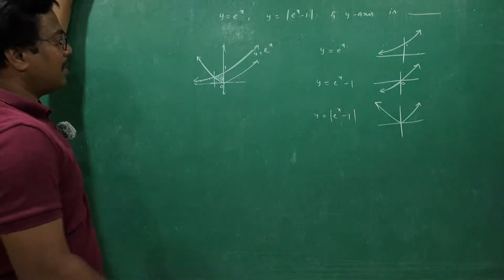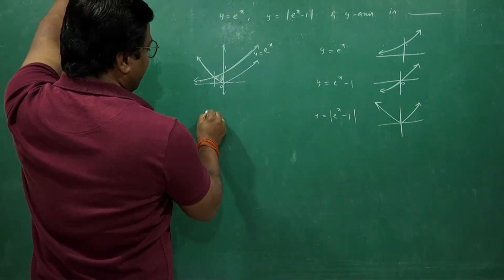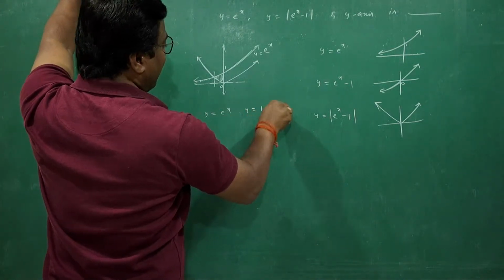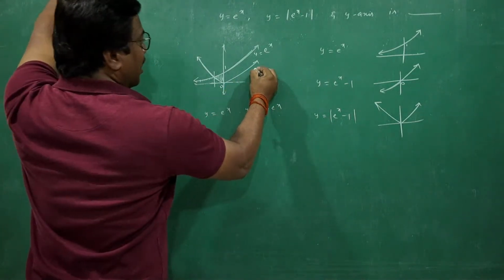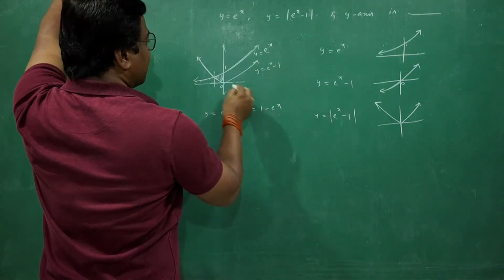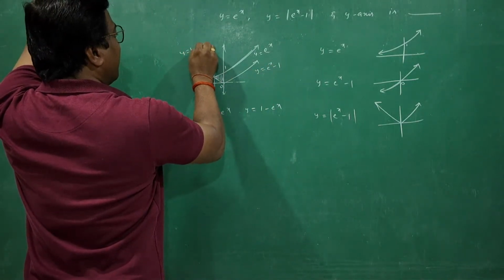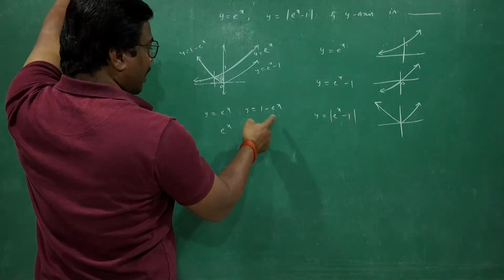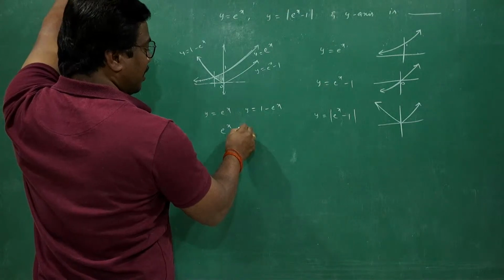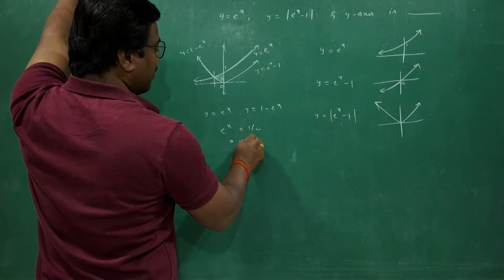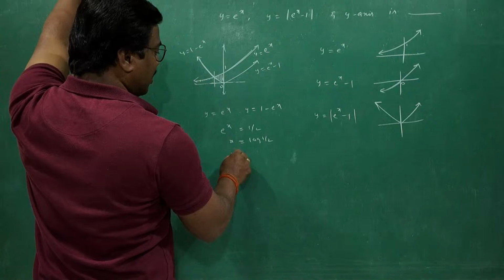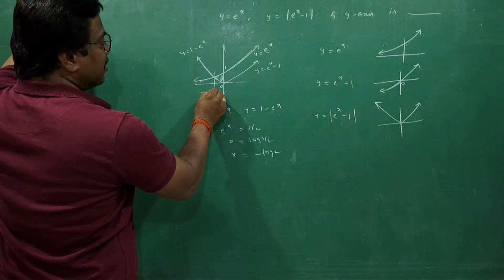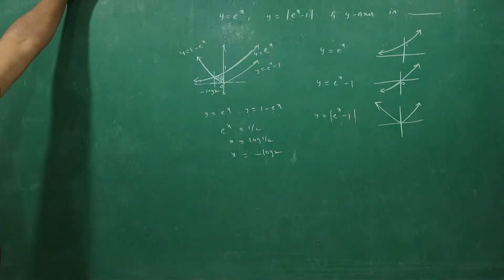I am going to solve y equal to e power x with y equal to 1 minus e power x. This is actually y equal to e power x minus 1, and this one y equal to 1 minus e power x. Solving these two, on equating, you will get e power x is 1 by 2, x equal to log 1 by 2, nothing but x equal to minus log 2. So the lower limit here is minus log 2, from minus log 2 to 0,